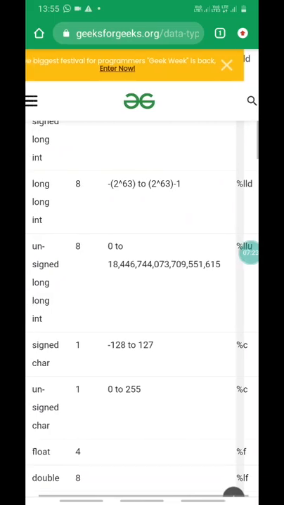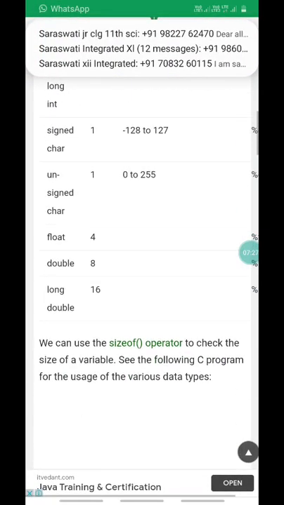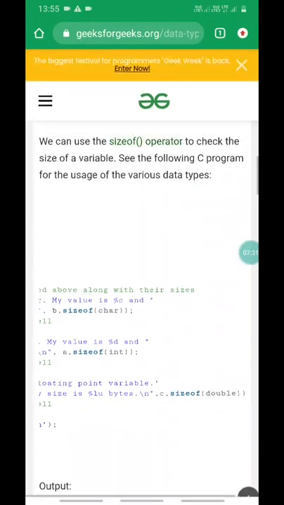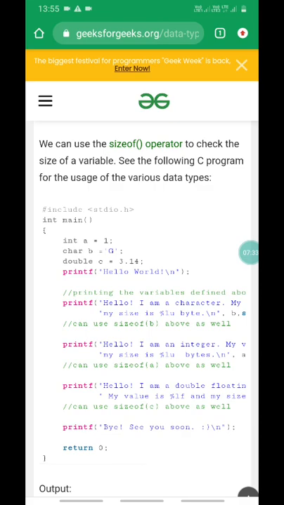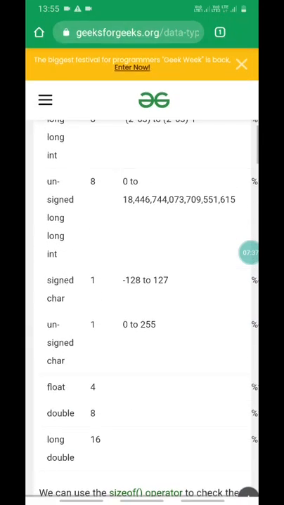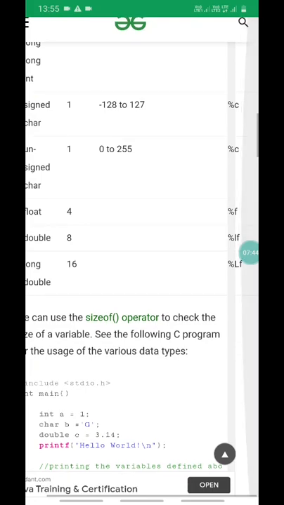Please check the format specifiers in the program; is there one mistake? Please check. Double is a floating point and the format specifier is %f.